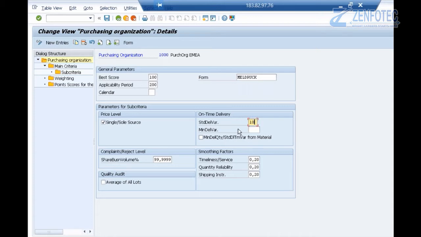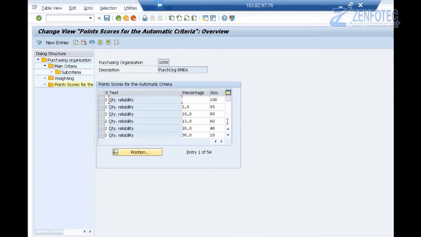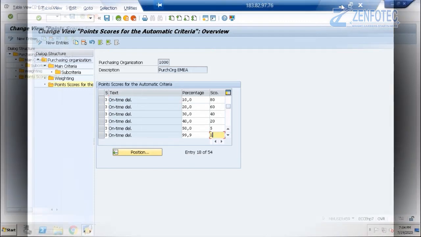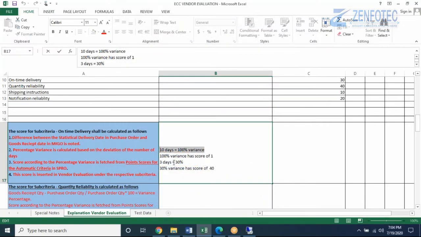If there is a 10 days difference, it will count as a 100% variance. And the scores, let us see, for 100% variance is how much? And obviously that will be a positive variance. So on time delivery, we have to go here, 50, 99, it will be 1. So if there's 3 days, it will be 30% variance will have a score of 40.